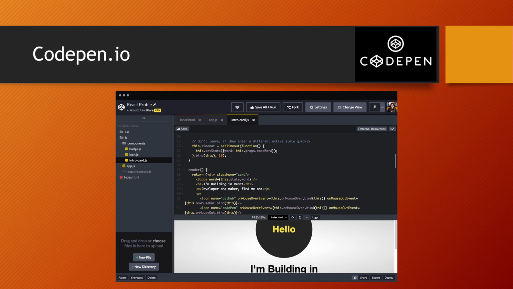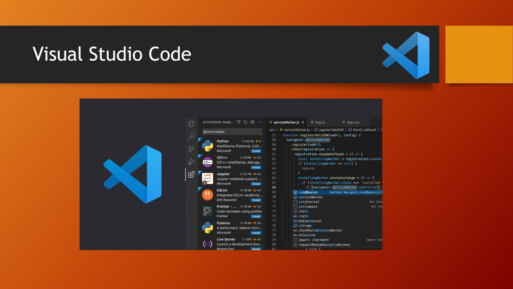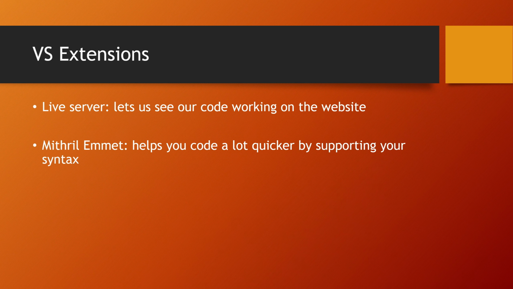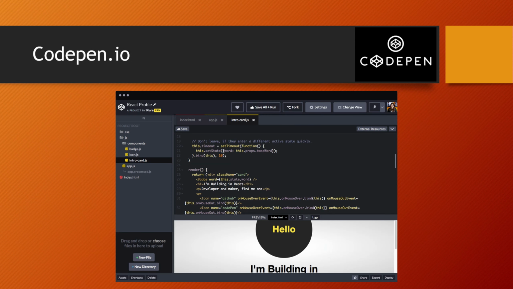But if you want to get more serious and save your work and have an offline environment, you can use Visual Studio Code. Visual Studio Code is an app that is very known in the programming world. You've probably heard of it before. This is the logo for it, as you can see next to the name up on the top right of the page. It's a very nice environment. You can use it to run many different languages, and it's just great. Everyone uses it, everyone loves it. And you can install whatever extensions you want for Visual Studio Code. But first, I'd like to show you